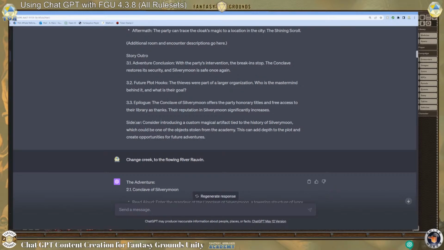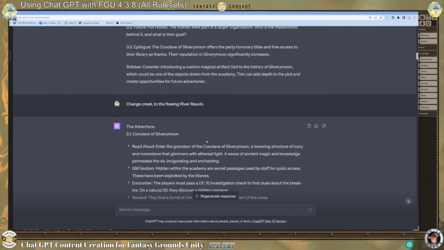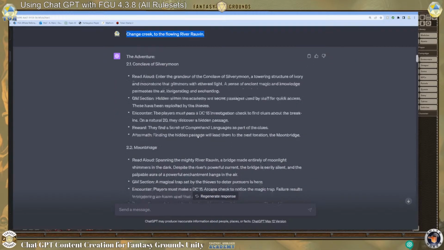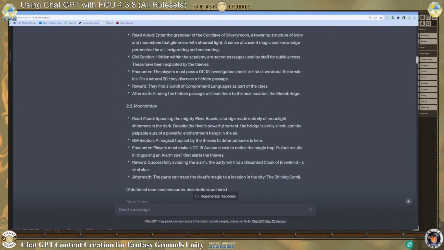And then for a sidebar, we have to consider introducing a custom magic artifact tied to the history of Silvery Moon, which could be one of the objects that was stolen from the Academy. This can add depth to the plot and create opportunities for future adventures. So this is kind of an outline. And this is where I said, okay, change this creek thing to a flowing river. So it kind of repeated everything except for it changed this area here where it says, spanning the mighty River